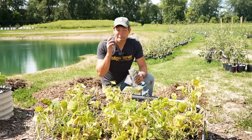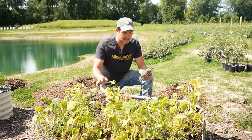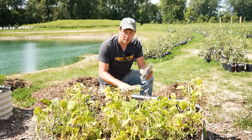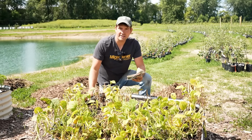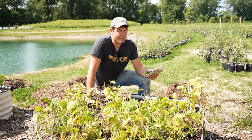Up next are beans. Now, beans can make an absolutely phenomenal fall crop. We have this bed of beans right here. We are doing a seed saving project, so we're not going to pull these out just yet. I want to let just a little bit more moisture leave these pods before we replant more beans. Now, beans are great because they only take about 50 to 55 days to mature. And when you're looking at the fact that